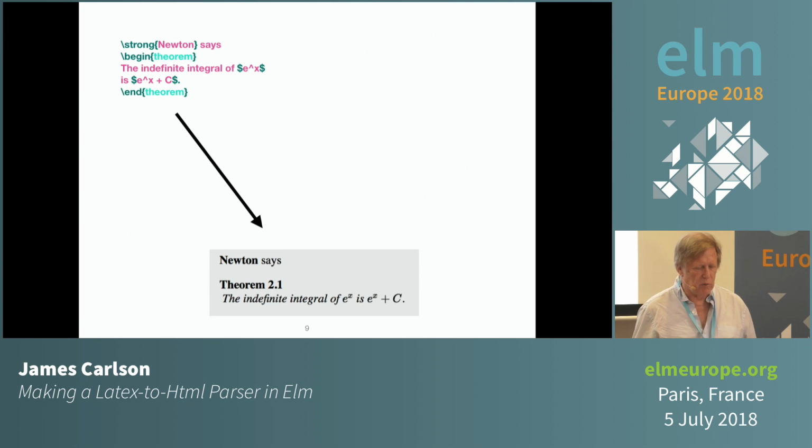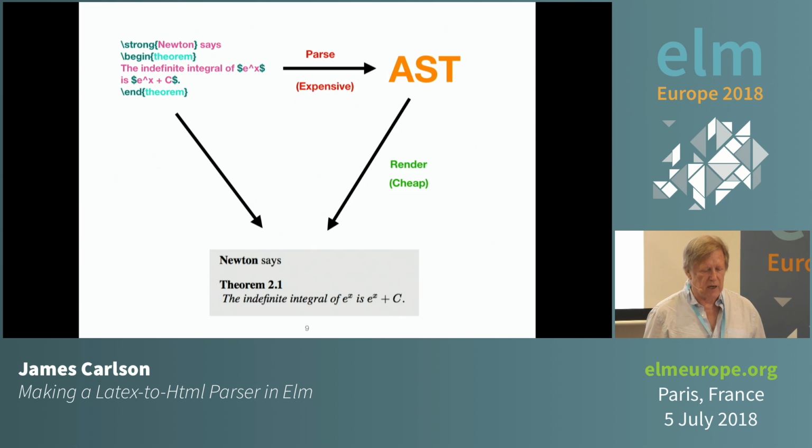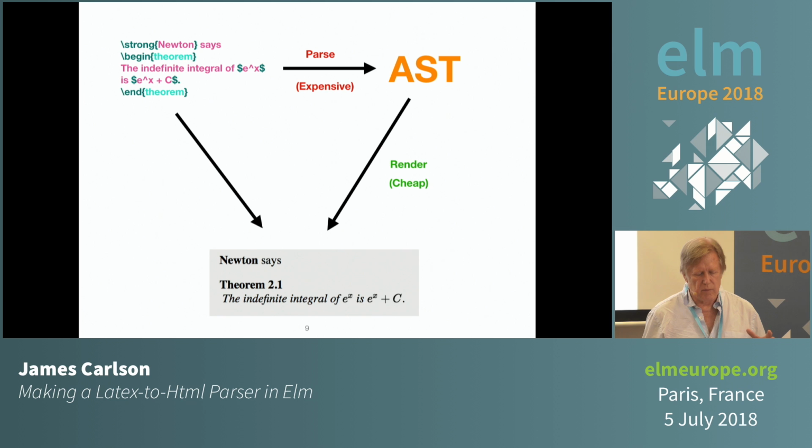So here's the problem. We have LaTeX source text, and we want to render it into what you see at the bottom. Now, you can't do that directly. You've got to go through an intermediate step of making what's called an abstract syntax tree. Okay? And that's going to be some kind of a data structure that expresses a grammatical understanding of the source text. Once you have that, it's quite easy to write the code that you need to render it into HTML